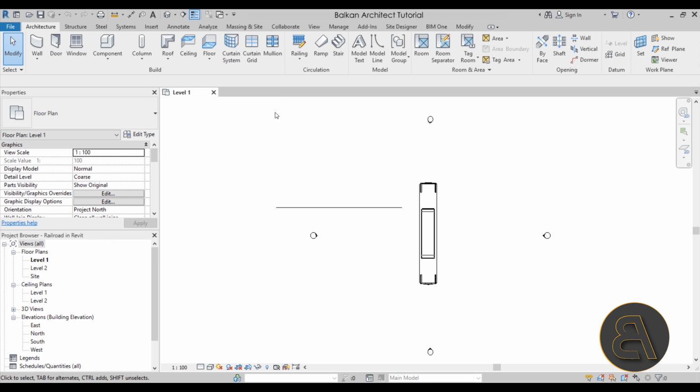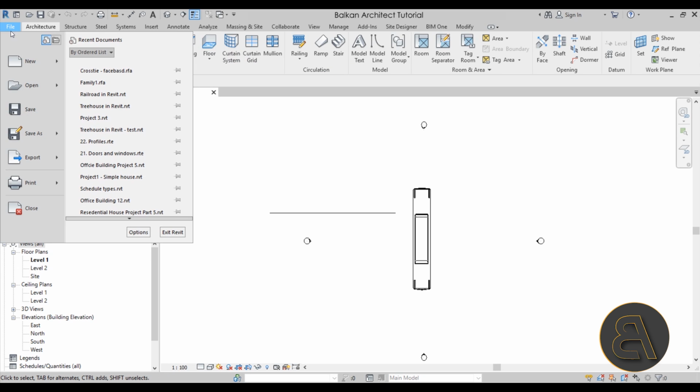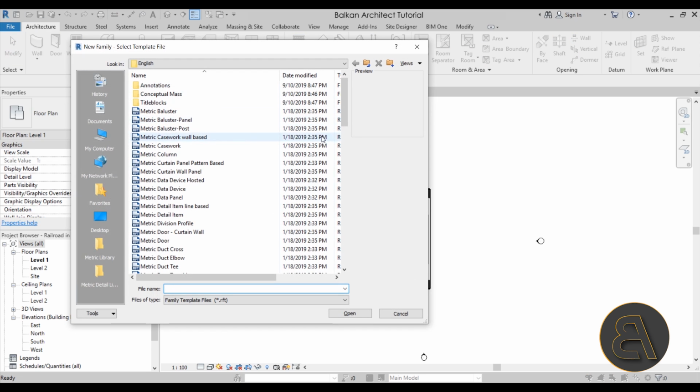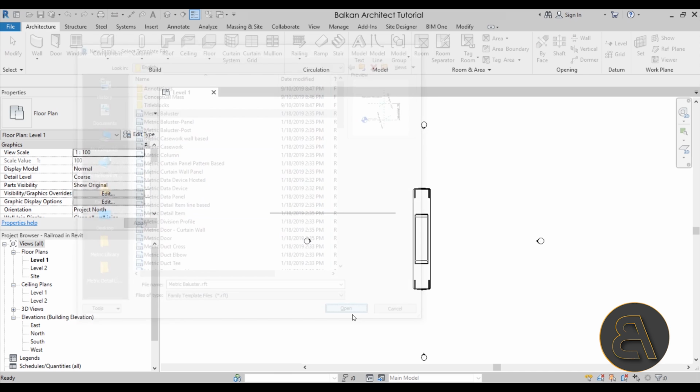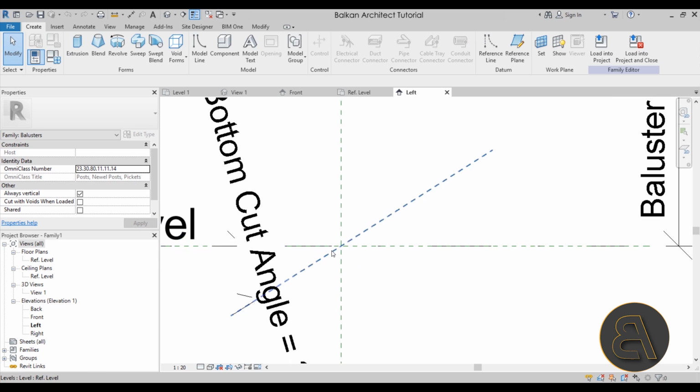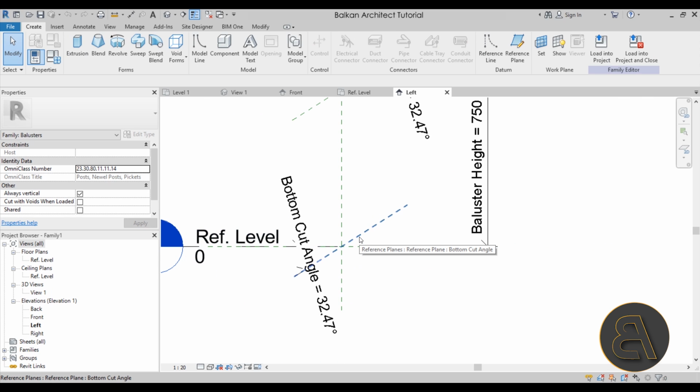Okay, so once we have done that, we have to create a new family, and this is going to be a baluster family that's going to host the family that we have just created. So if I just go here to new family, and this one is going to be classified as a baluster. Now, the reason I've done it this way is because I want to have those elements tilt like this. So we can have this railroad go over a hill or over topography, so you can actually have a quite